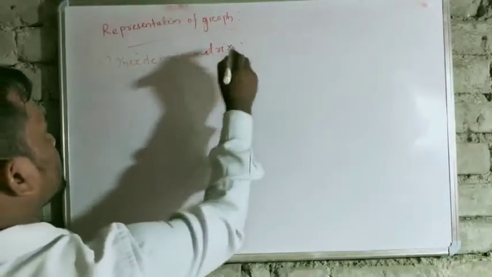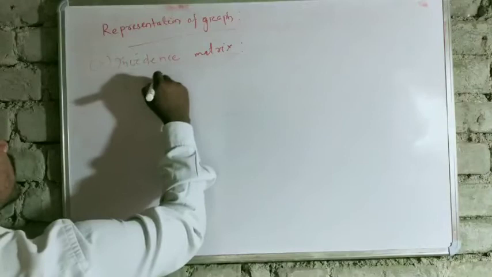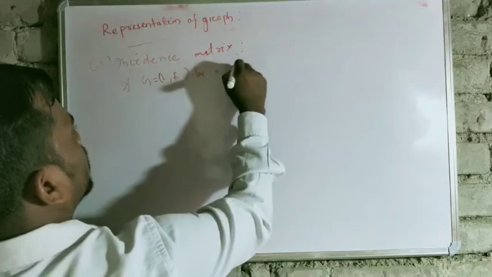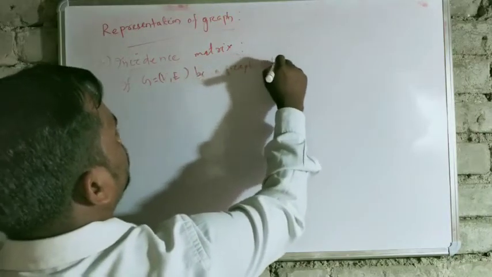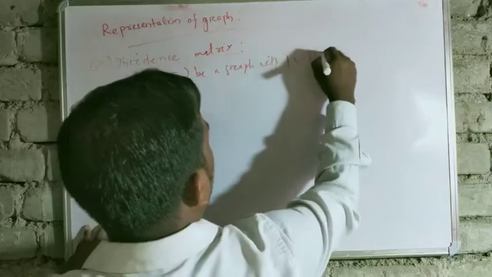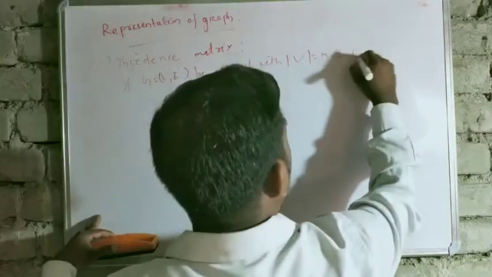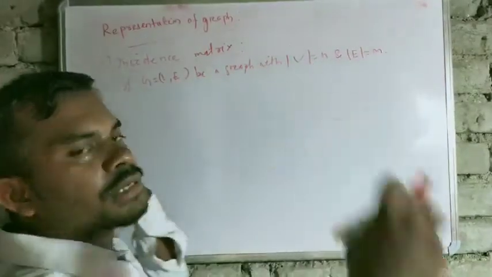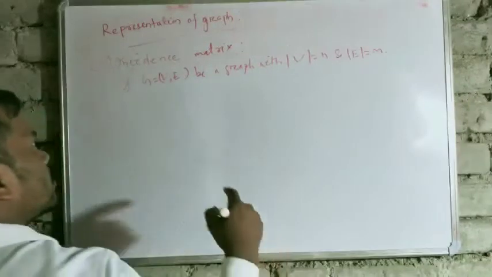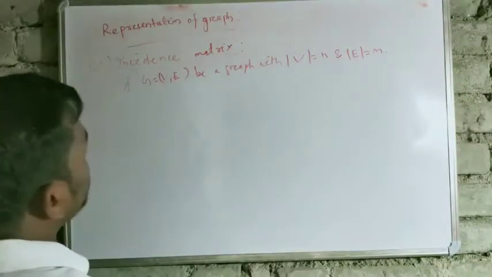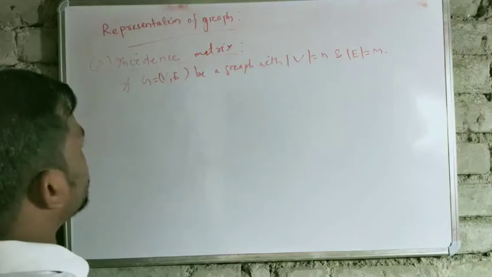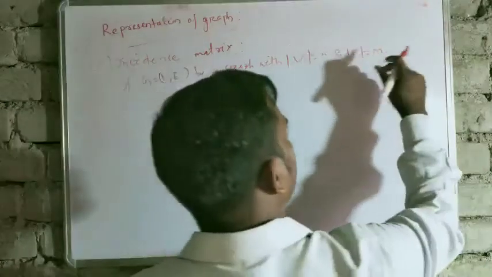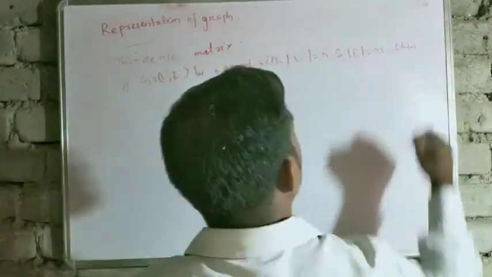Incidence matrix. Let G equal to (V, E) be a graph with mod V equal to n and mod E equal to m. That means it has n number of vertices and m number of edges. So if this is a graph, then how will you find its incidence matrix? If this is a graph with mod V equal to n and mod E equal to m, then